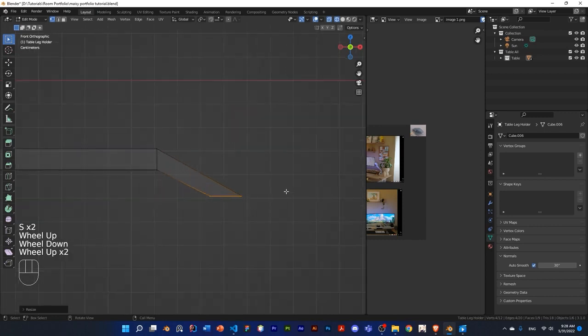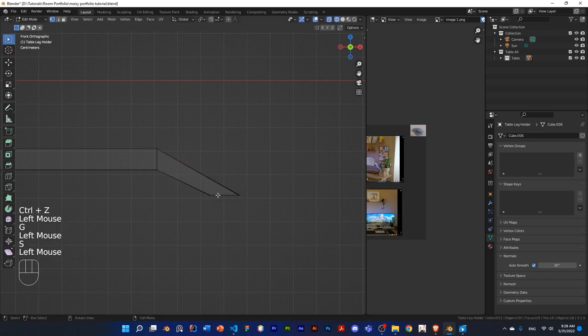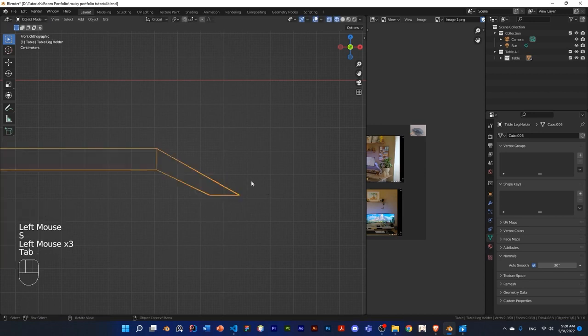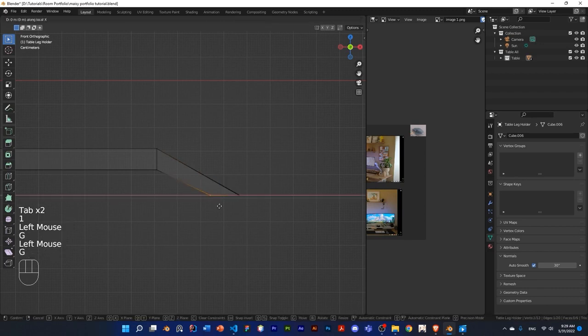What it'll do, it'll line them up with each other. So you can see before, if I undo it, it's kind of tilted. And if you're up here, it will be even more tilted. But S, Z, and then 0. And now you can see they're kind of even. But you can see it kind of thins out here. So you can just grab a vertice, well, both of the vertices, and then G X to kind of move it out. Or if you want this one, you can do G X